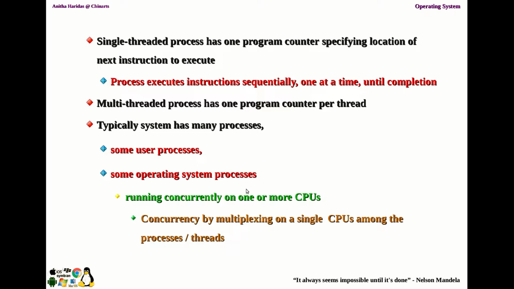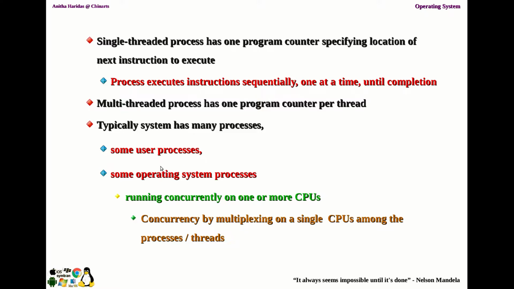You will have lots of daemon processes or background processes running in your operating system. For example, the memory management module is one of the processes always running in your computer system. Or the device manager is one of the modules which will always be running. So some operating system processes will also be running.